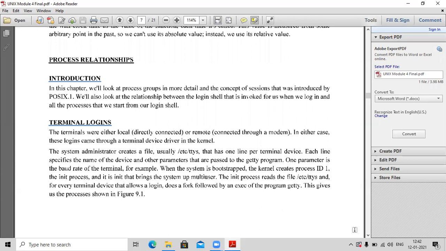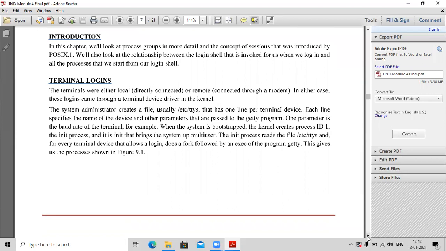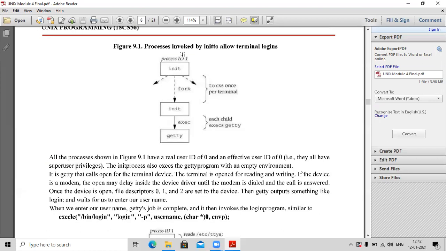So this can be shown in the below diagram. When you understand the diagram, you will get a clear picture. So this is the starting process. The first time the operating system gets loaded into ROM, your init process starts. Then it will fork. It will fork for each of the terminals found in that particular device. Then your init will call the exec function. Each child will exec the getty program. This is the time where your terminal will be up and start running.